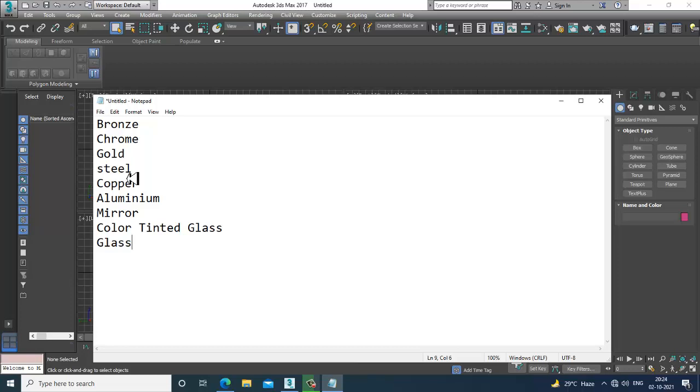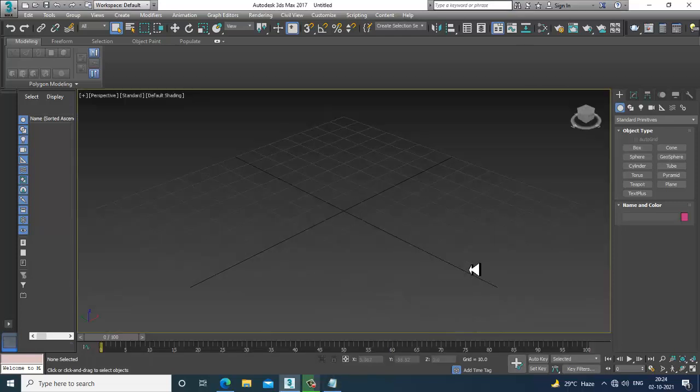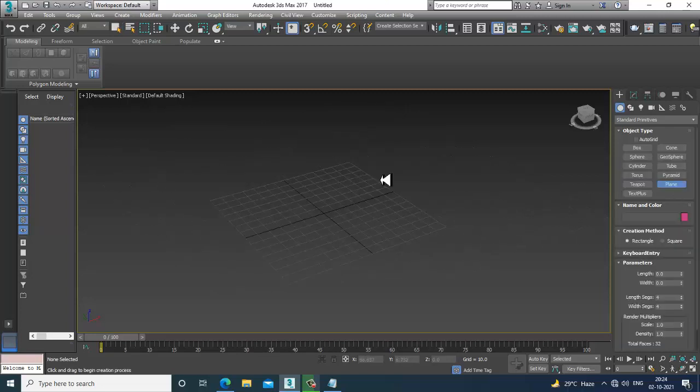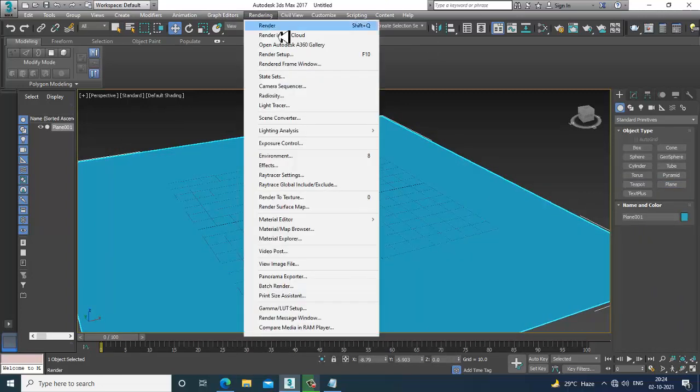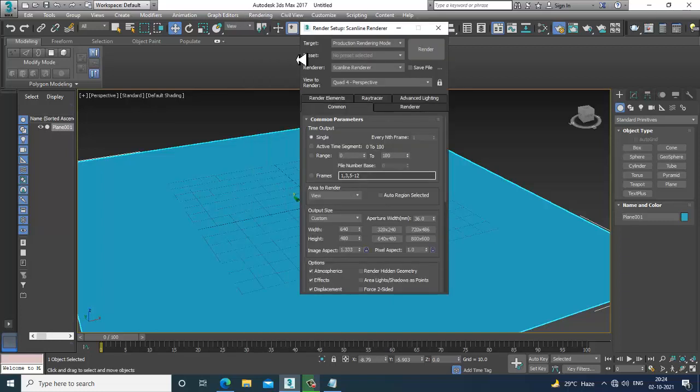So let's get started. So very first of all, what we'll be doing over here is let's take a plane. I'll go into rendering, render setup, and I'll activate V-Ray over here.